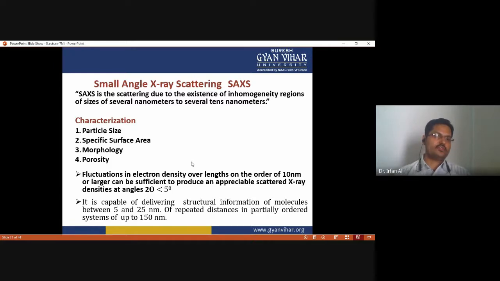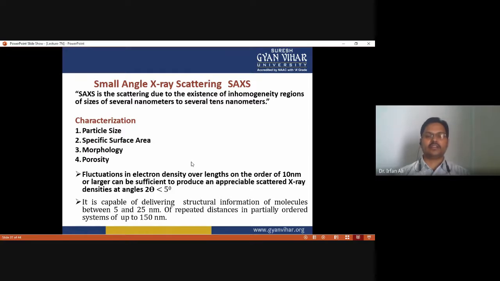The characterization by this technique gives particle size, specific surface area, morphology, porosity, and fluctuation in electron density